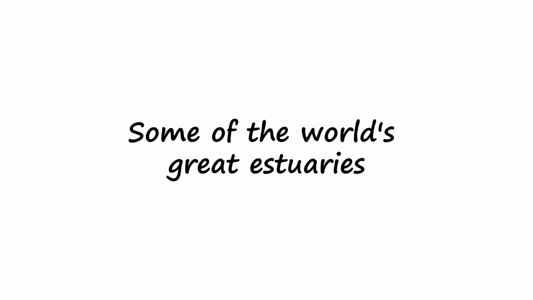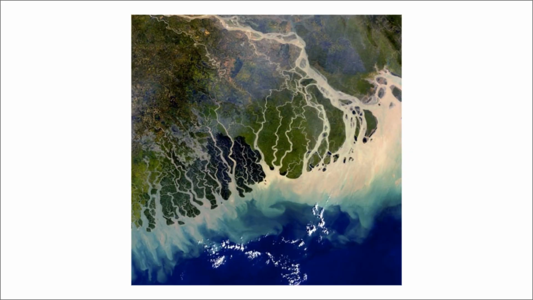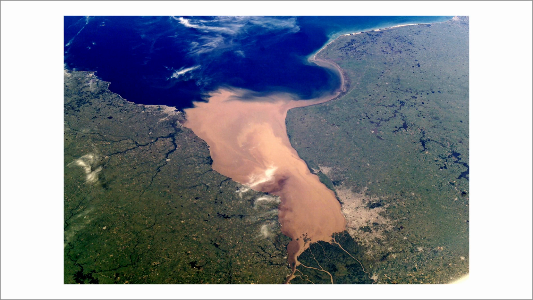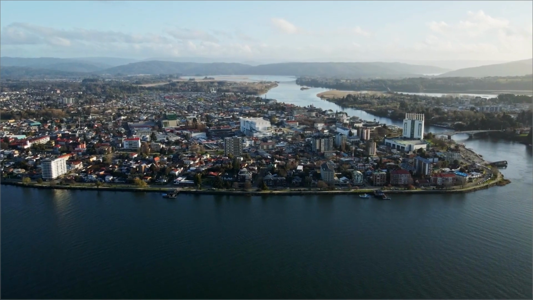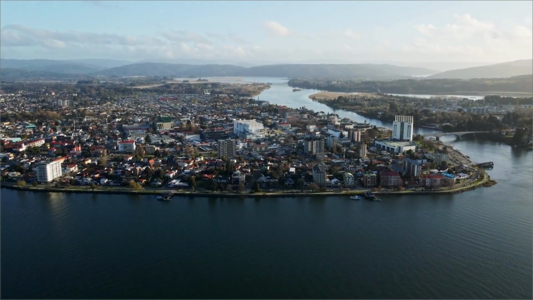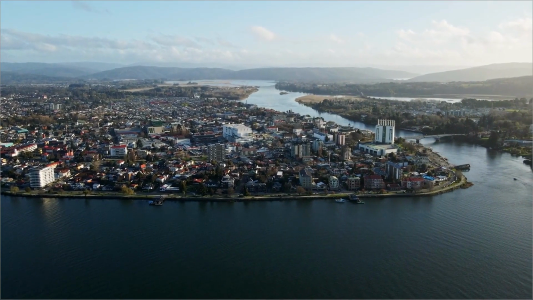Some of the world's great estuaries, the Amazon, the Chesapeake Bay, the Ganges-Brahmaputra Delta, are so large they shape the climate and ecology of entire regions. Human settlements have clustered around estuaries for thousands of years, drawn by the access to fresh water, fish, and navigable